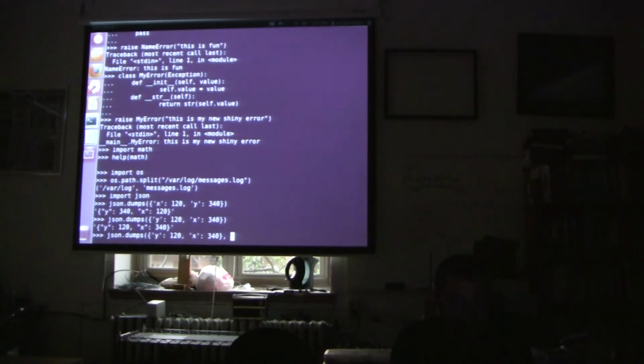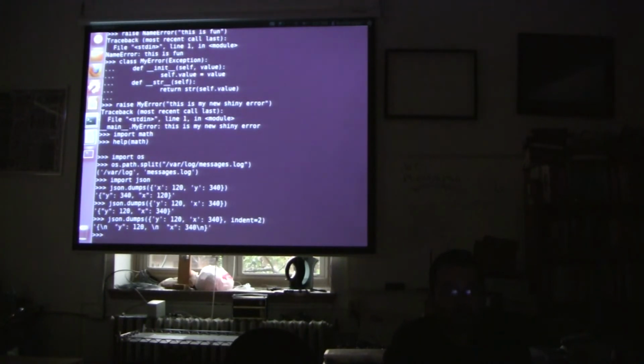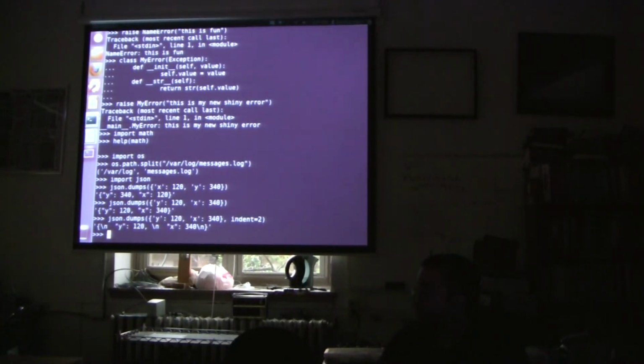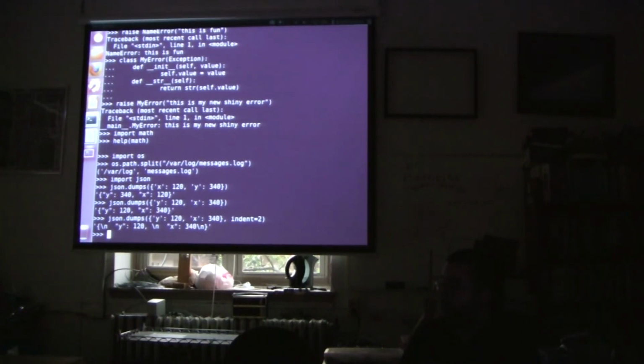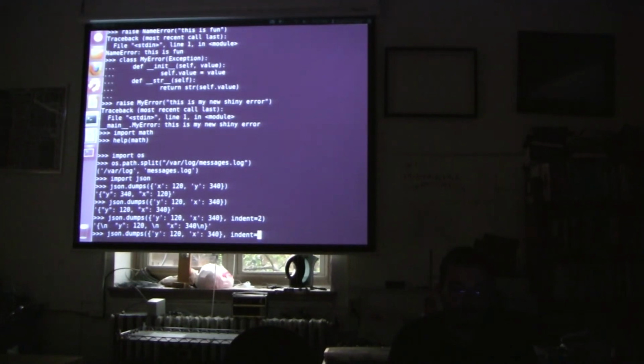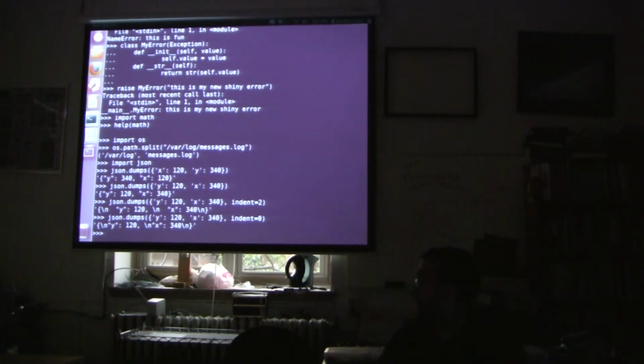If we do indent equals 2, it puts new line characters where things should be, right? So it actually breaks the lines and puts spaces in so things are tabbed in nicely. So when you read it, it's human readable. Instead of one single huge line of text, it's going to be broken up in a way that you can easily read it. That's all it's meant to do. Indent specifies the number of spaces per indent, right? So in this case, it's going to be 2 spaces, but you can make it 8 or 16 or whatever you want. If I made it 0, would it just list them all out over each other without doing that? Yes, that's exactly what it would do.